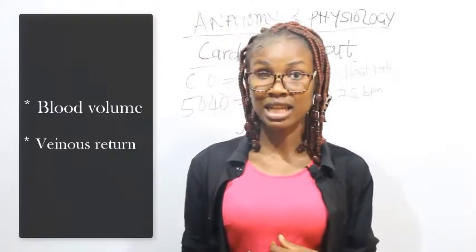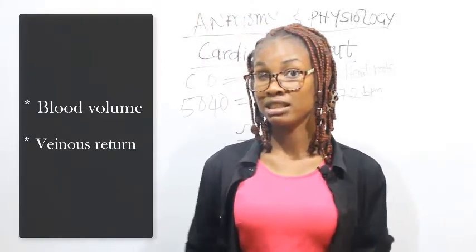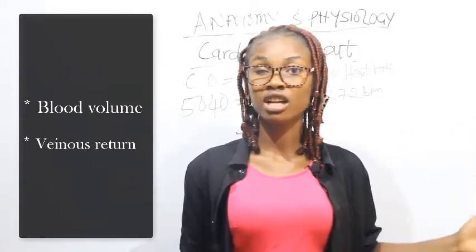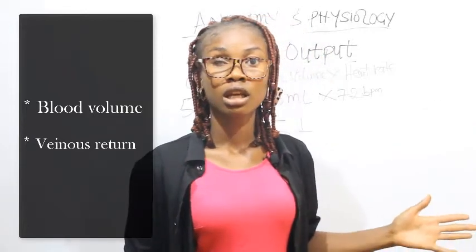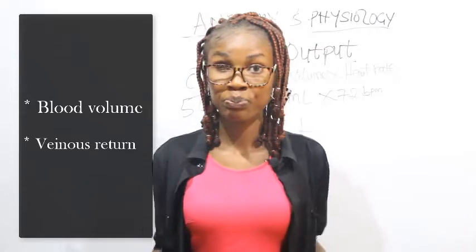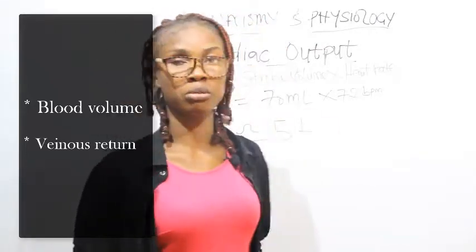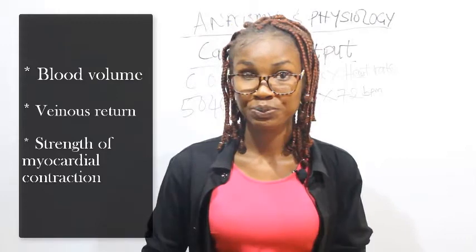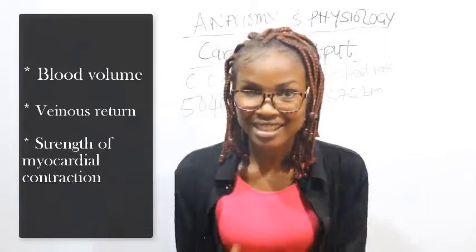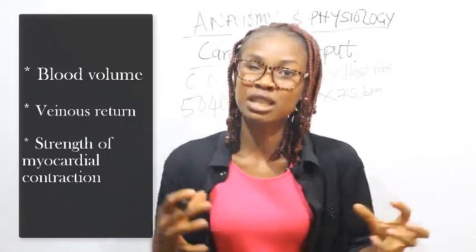Venous return is another thing. If there is ischemia at any point, probably at the vena cava or the vein, inhibiting the flow of blood to the heart, reducing venous return, or hemorrhage too, it will affect stroke volume. It will affect cardiac output. The strength of myocardial contraction: if the heart cannot contract or contracts with little force,